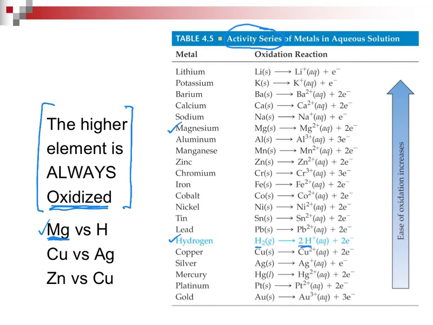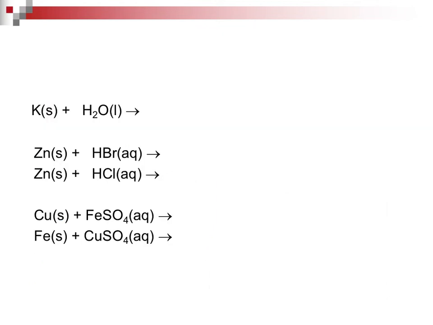If you can turn off your device and take a look at copper versus silver. Try to make a prediction. So I'm going to say, here's copper, here's silver. They are very close together. But copper is above silver and it is going to be oxidized. Finally, turn your device off again and look for zinc versus copper. You see zinc is above. It will be oxidized. So again, you may be asked a question which is as simple as this, where you have to say which element is oxidized, or you may be given a chemical equation.